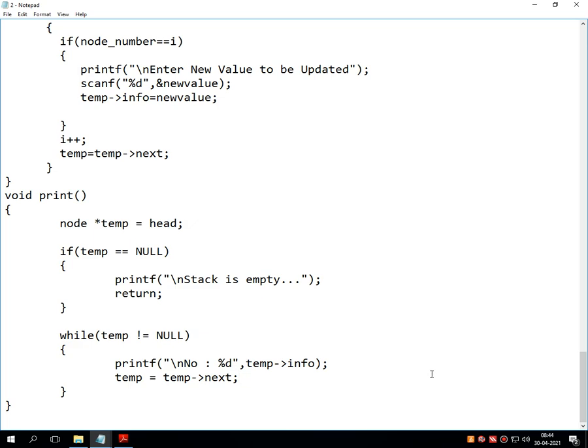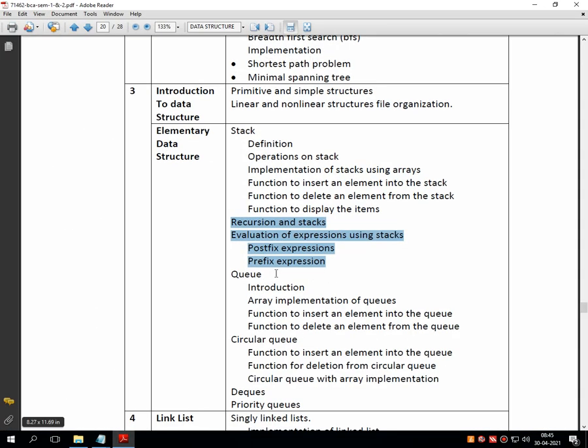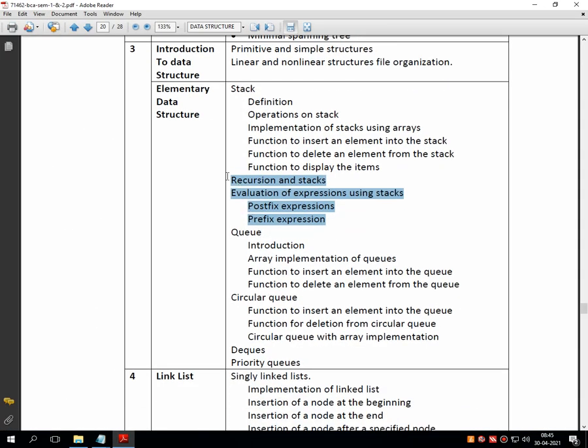The second is a little bit complicated. The first one is easy to understand as well as easy to implement. So that was all about today's lecture.